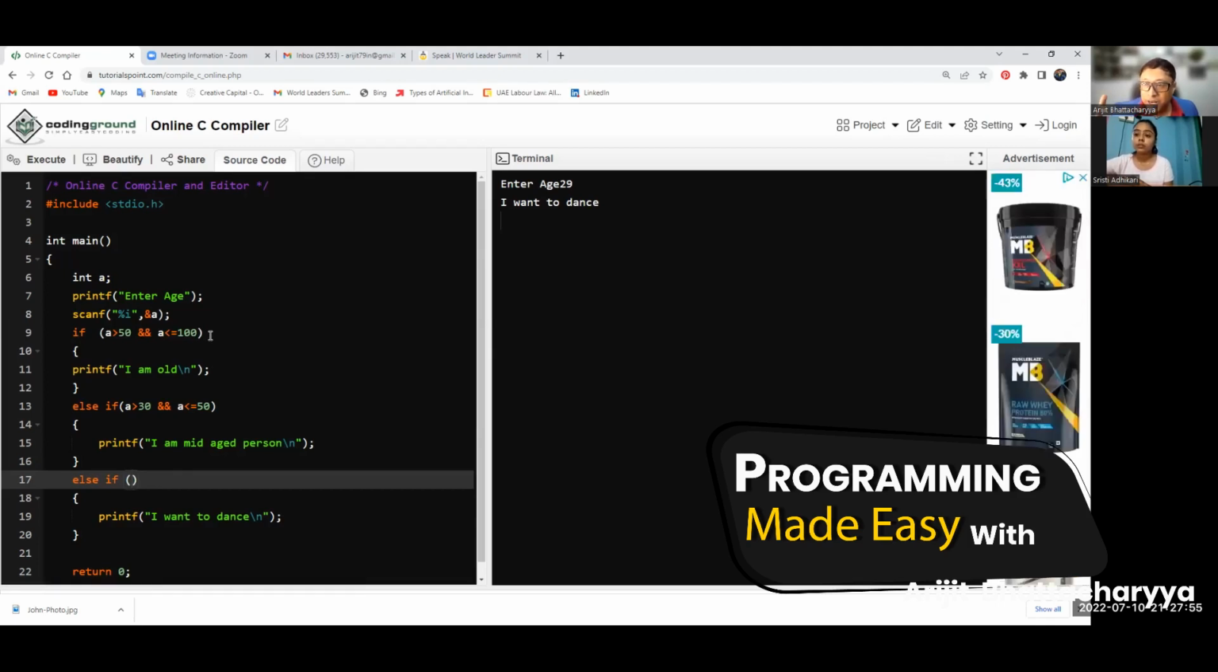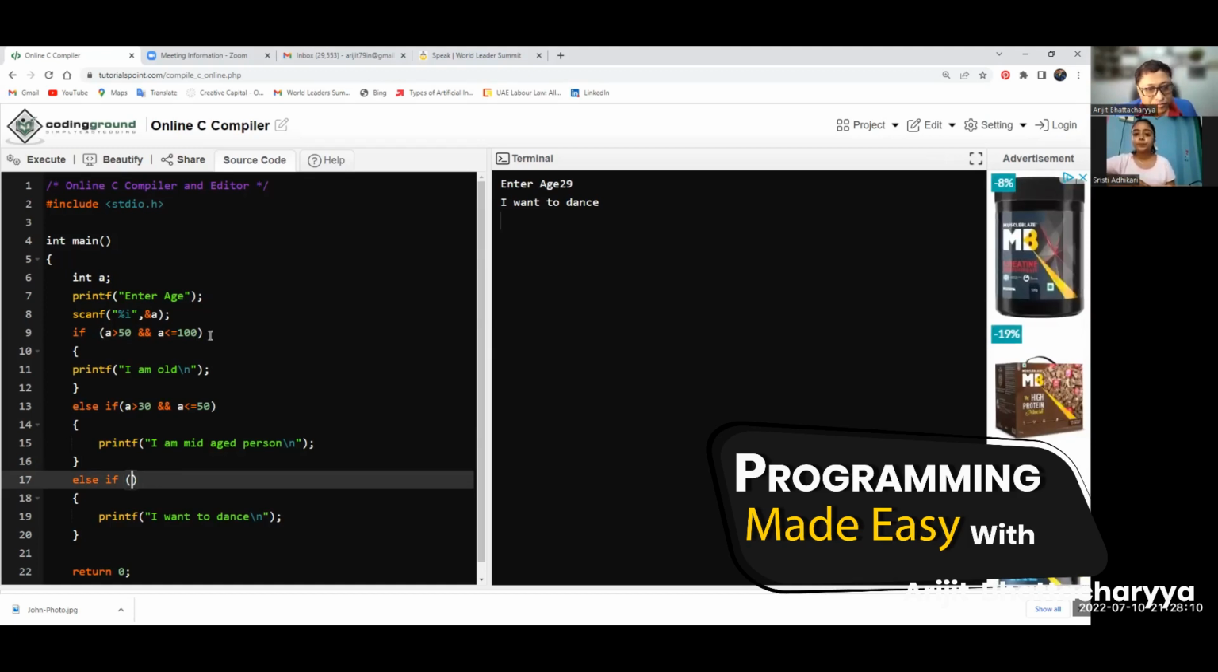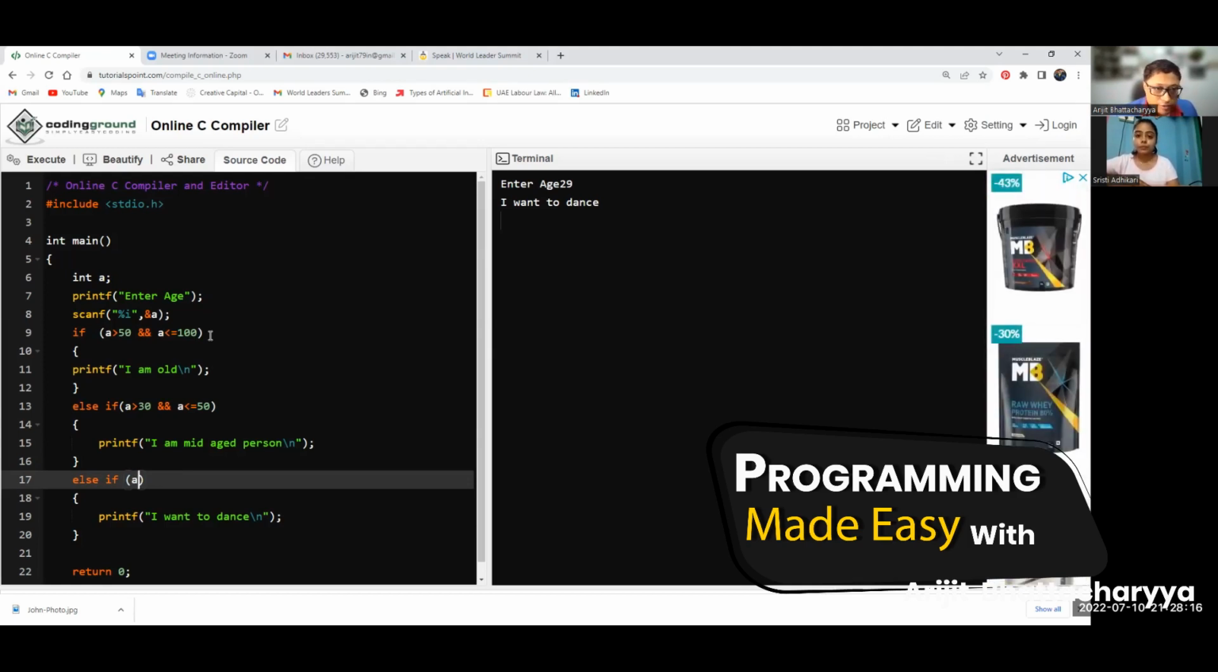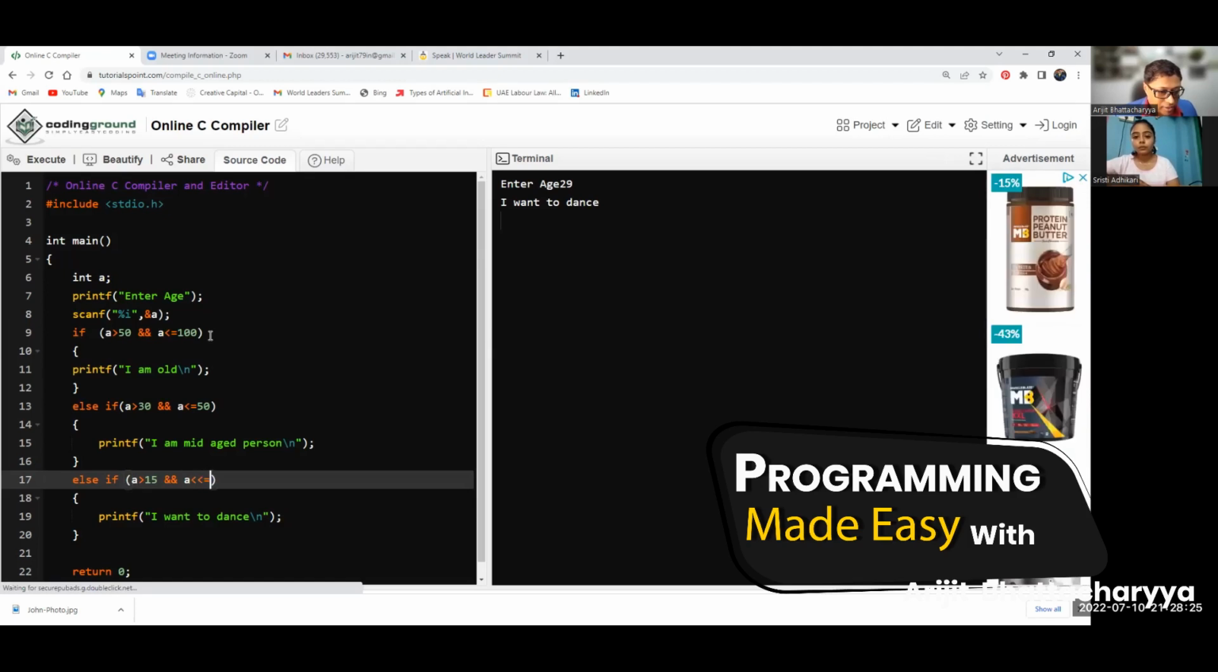Terminator means you are just killing that particular line on that same statement, just like printf or scanf. But because it is checking, there is no terminator, right? Now, else if I'm checking a greater than, say, 15 and a less than equal to,